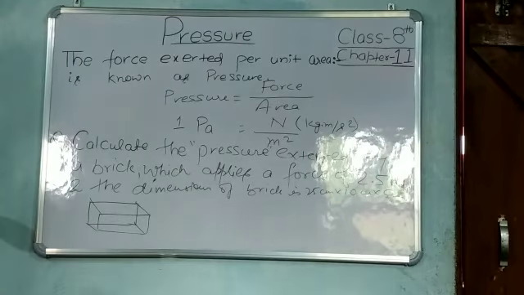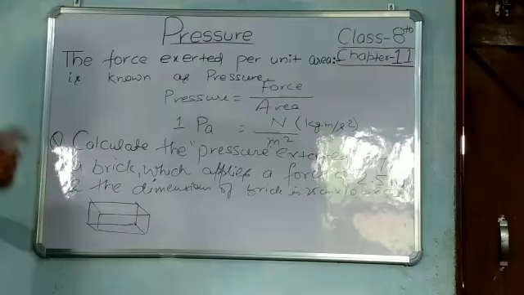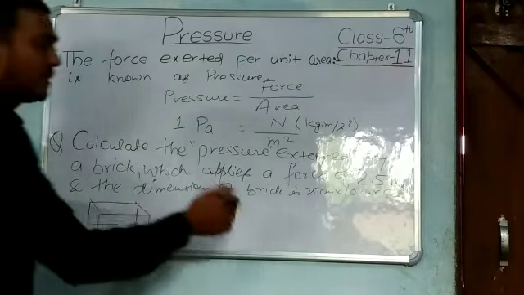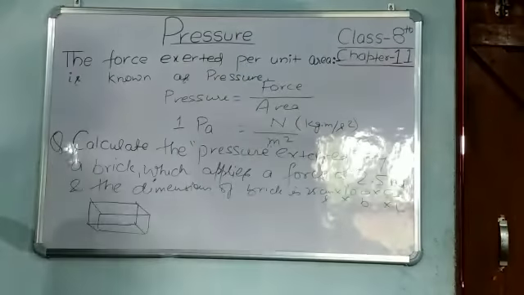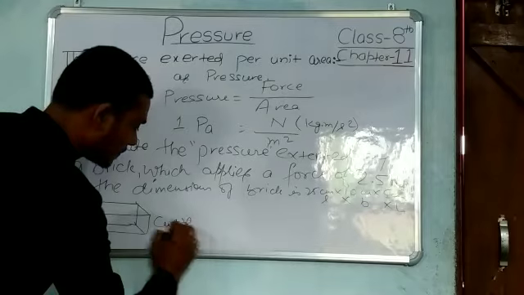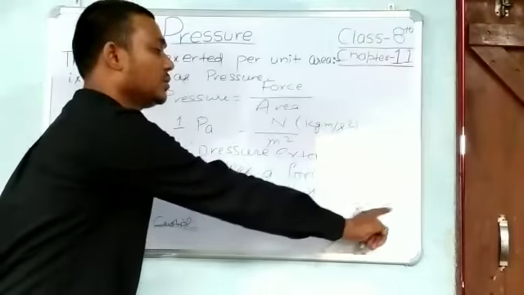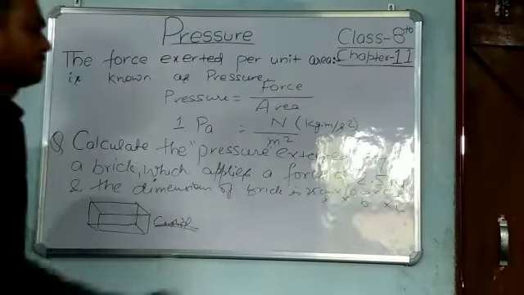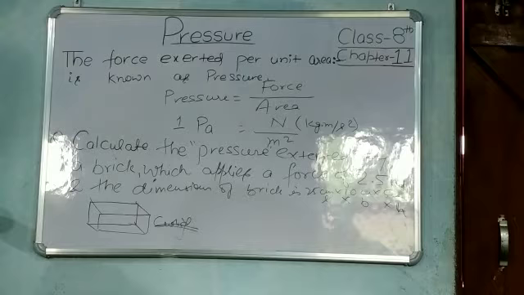So this 3D figure has length, breadth and height, given as length into breadth into height. Okay, the area of the cuboid is L into B into height H. So by this way we get the area.